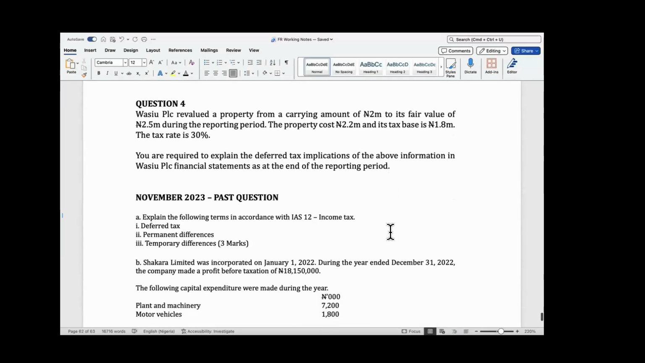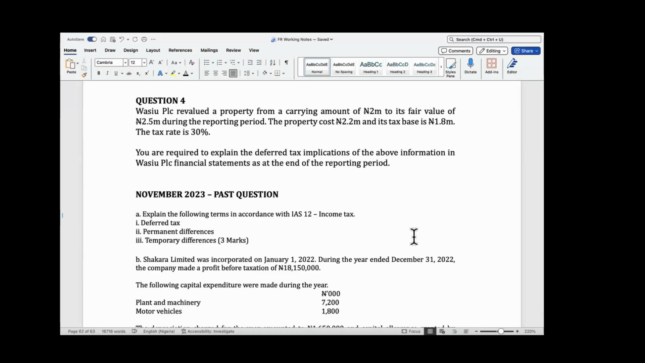Now, next, we're told that Wasi PLC revalued a property from a carrying amount of 2 million to its fair value of 2.5 million during the reporting period. The property cost 2.2 million. Its tax base is 1.8 million. The tax rate is 30%. Explain the deferred tax implication of the above information in Wasiu's financial statements as at the end of the reporting